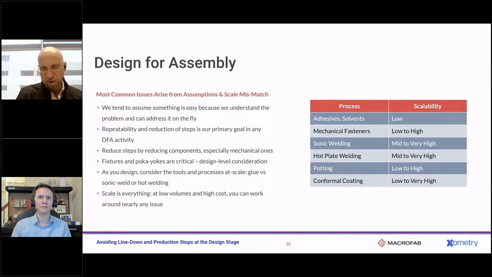So adhesives and solvents tend to work very well at low volumes, but as we're planning to scale up and ramp up that production, we have to find another alternative. So, for example, sonic welding, I love it. It's a great process. It's really easy to scale up. It's low cost. Even the tooling isn't that expensive for it. Your horns and sounders,